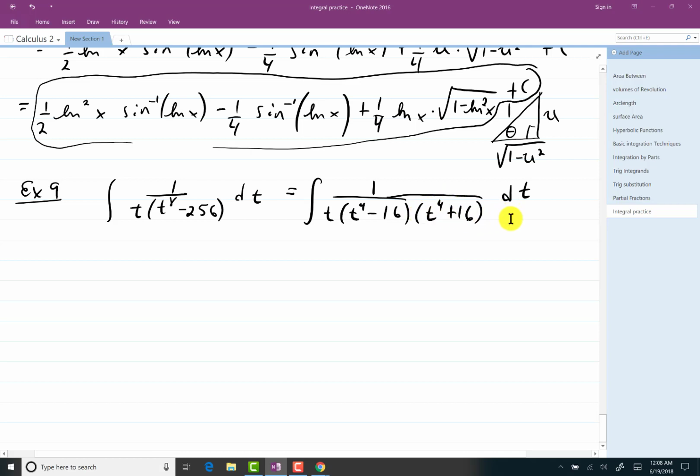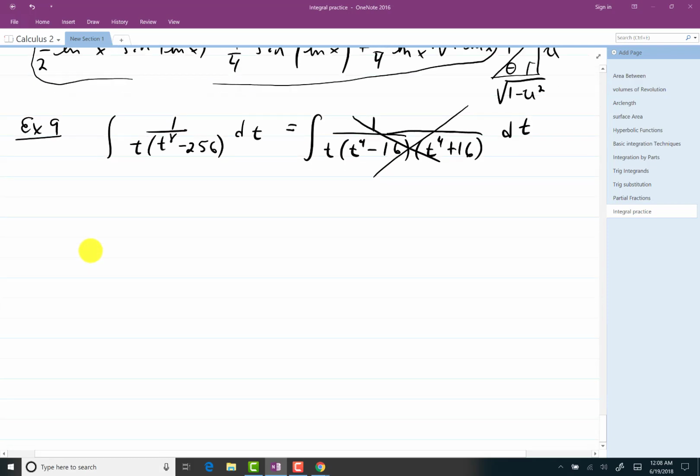This piece here would even break up into t squared minus 4 times t squared plus 4. You would have 1, 2, 3, 4, 5 different partial fractions. That means you conceivably have an A, B, C, D, and E to try to figure out. A huge, monstrous task. So I don't like this at all. I think what I'm going to do